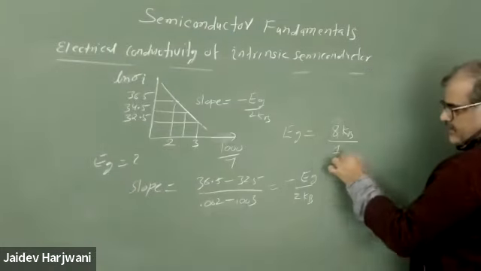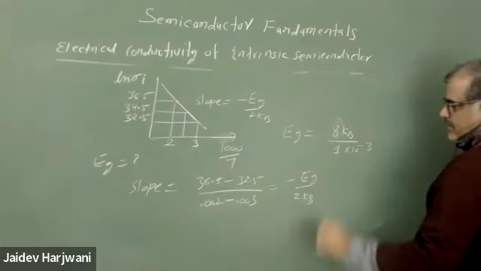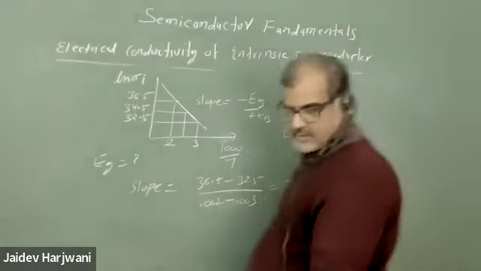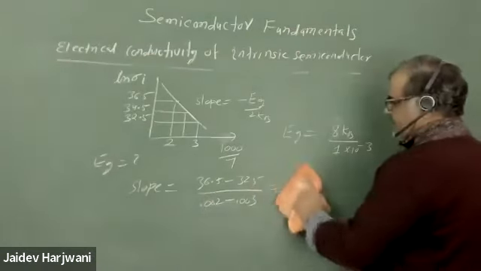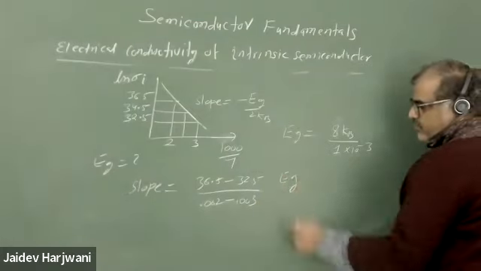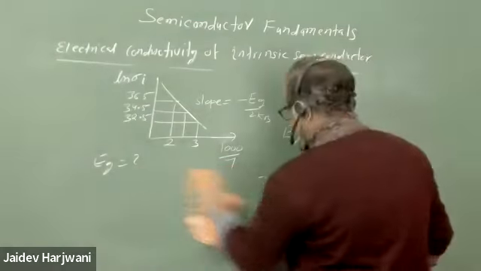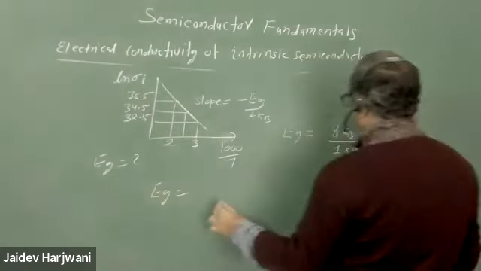3.3 minus 1, 1, and you have also 10 power minus 3. 10 power minus 3. Okay, now you solve this one and tell me how much is coming. And you have to convert, of course, this is an electron volt. So if you want to convert this in electron volt, so I should get EG, okay,